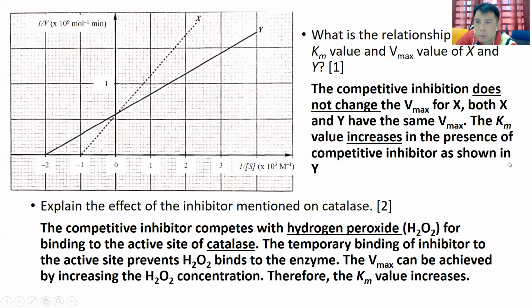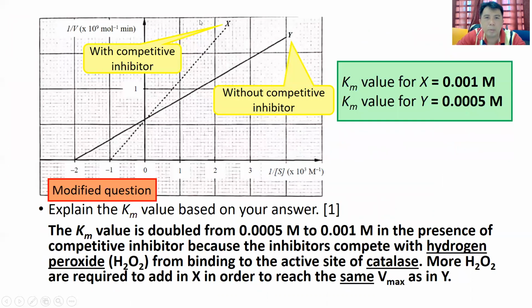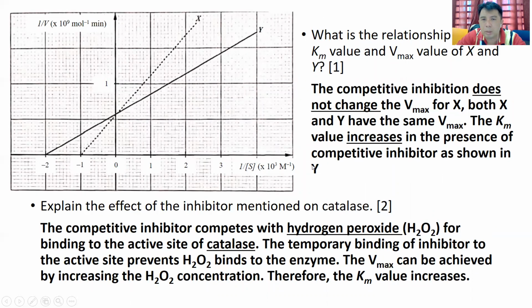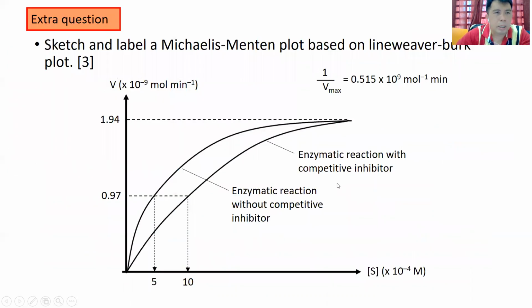Okay, we go back to this question. Here they say the Km value increases in the presence of competitive inhibitor, as shown in X. In the presence of competitive inhibitor is, suppose, X, right? So this one is X, shown in X. Okay, extra questions. Let's say the question says